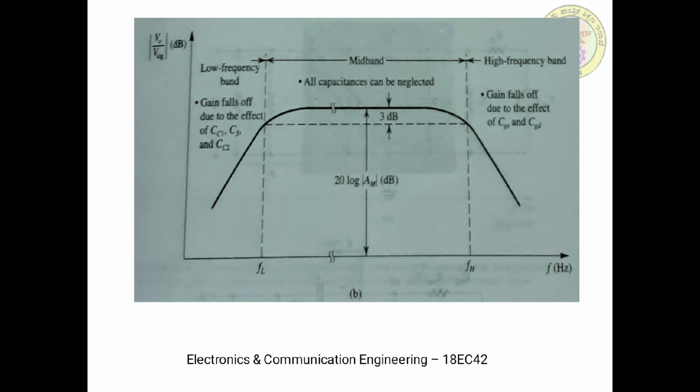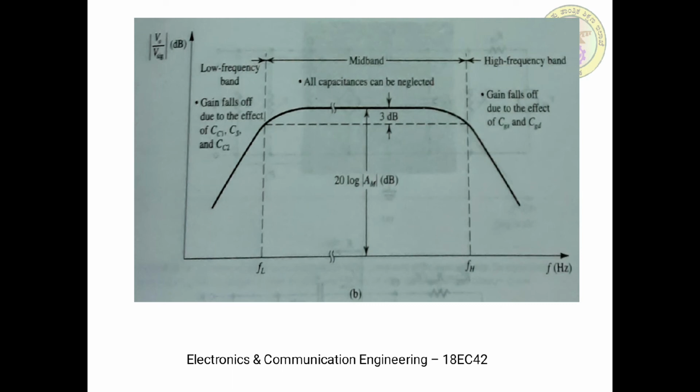Okay, so this particular graph is what? It is a sketch of the magnitude of the overall voltage gain of the common source amplifier versus frequency. Now in that we observe that the gain is almost constant over some frequency band, of course for a very wide band only it is remaining constant. This band where we observe a constant gain is known as the mid band or mid frequency band, and the gain in that mid frequency band is indicated by capital A suffix capital M.